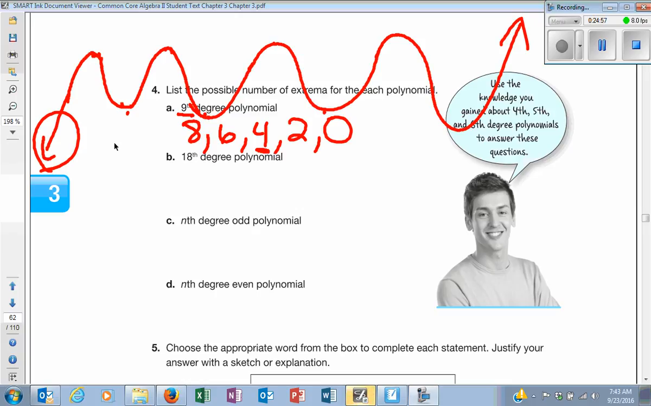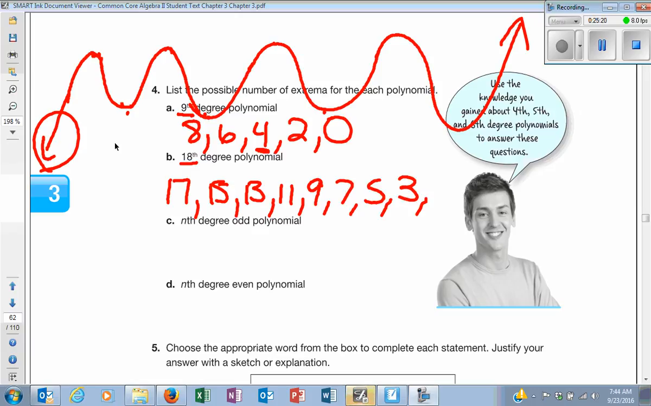Yes. Just subtract 1. So 18 minus 1 is? It's 17. Now go down by 2s every time. So 15, 13, 11, 9, 7, 5, 3, 1, done. So it leaves us with that. What do we know about